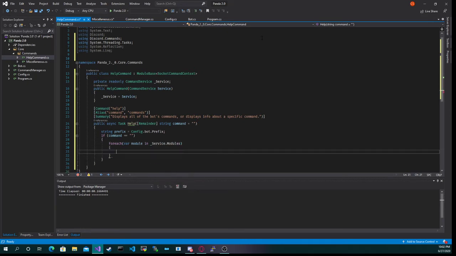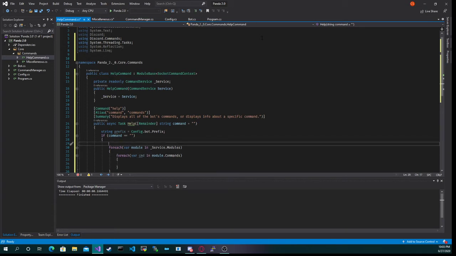Okay. Then from here we want to do another for each loop, which will be var cmd in module.commands. Okay. Now from here, what we need to do is actually, let's go up here, let's make an embed